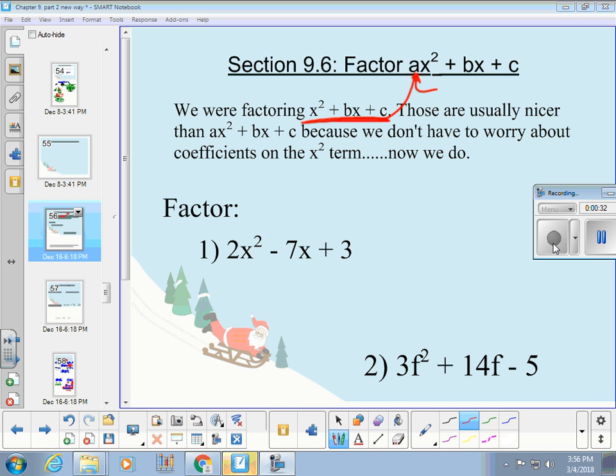Not messing around anymore. Now when we're factoring, we'll have a few more combinations to deal with because this first term won't just be 1 for a coefficient or a leading coefficient. We will typically have some kind of number there that we cannot get rid of. We can't just factor out a 2 or factor out a 3 in each of these first two trinomials. And so we're going to have to deal with that in the two binomials that we are trying to factor